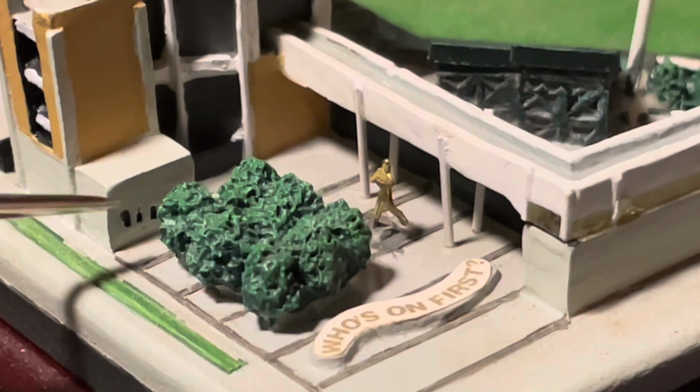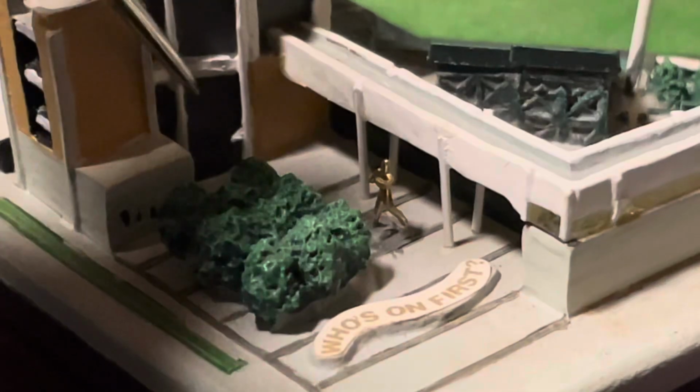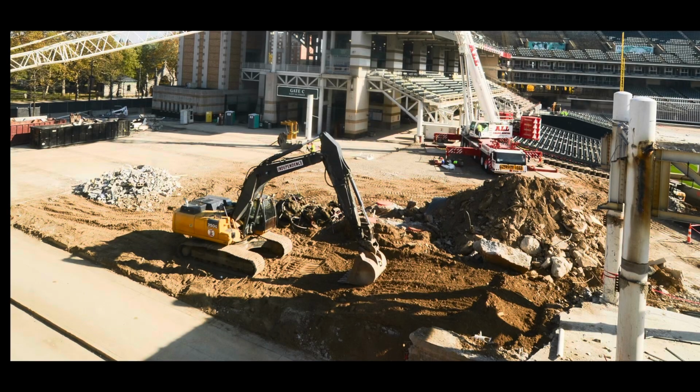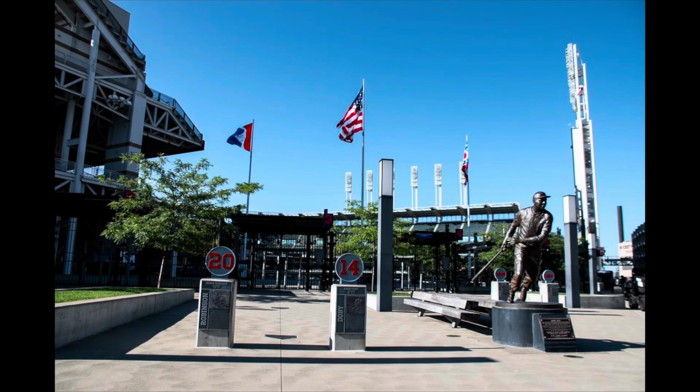And you have the ticket booths, and then the line and queuing to get in would be right there. And when they demolished all of this as part of the renovation, they would really open the ballpark up, and really basically everything here would get taken out and turned into a new entrance, which was quite an improvement really, because before it was really just limited to that small area to get in on this side of the